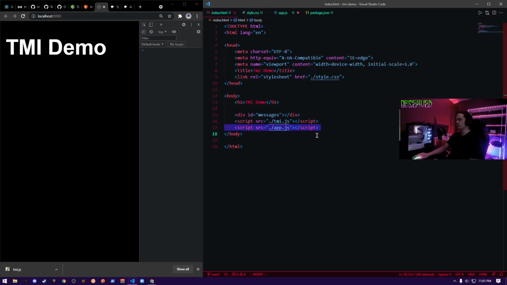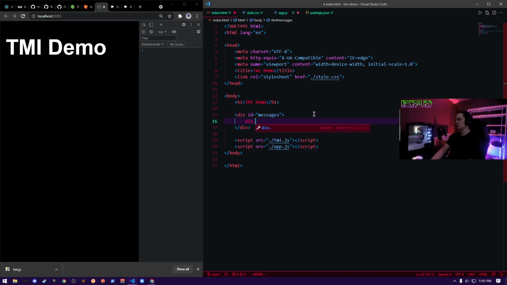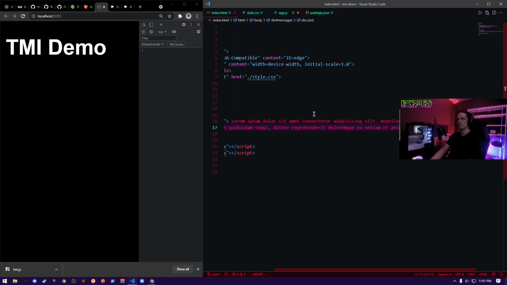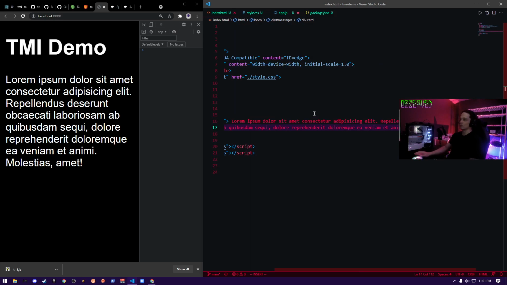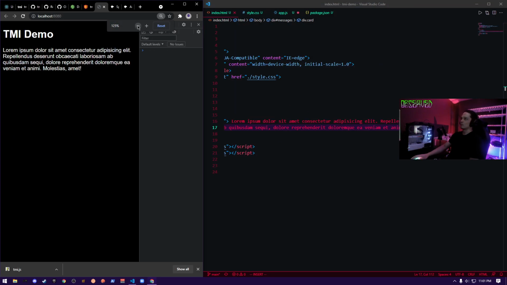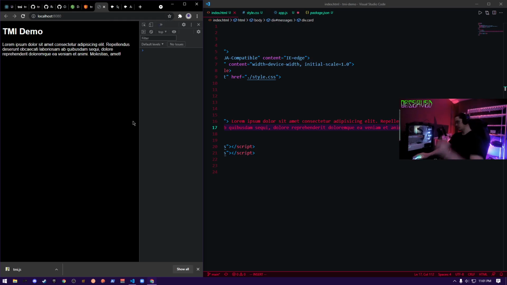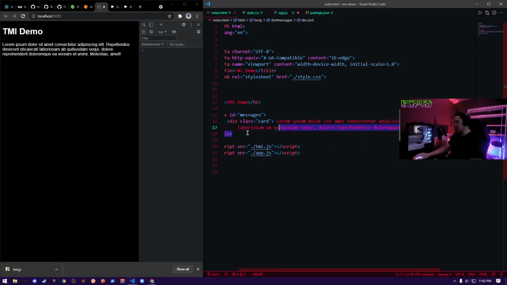Let's see what a card would look like. So that's like a hard-coded card right there.